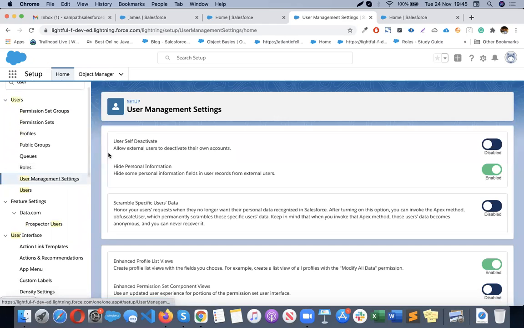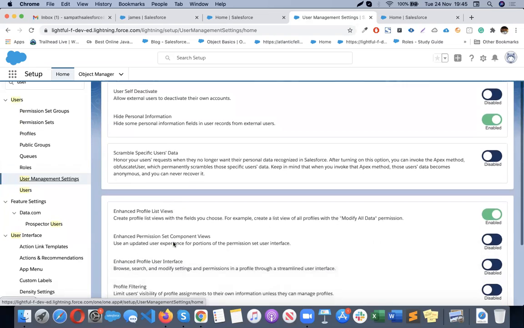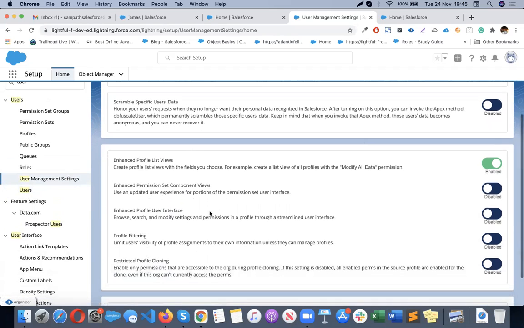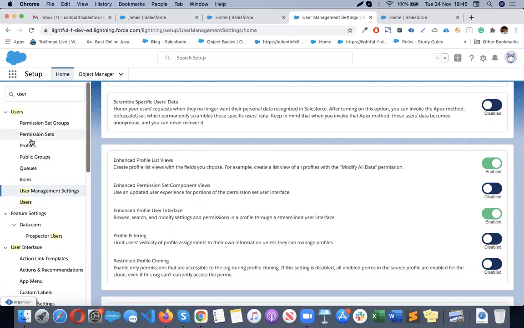Okay. User management settings. They moved it into the user management settings. So here we have one option. You will see here enhanced profile user interface. Previously, this checkbox was provided under the interface section. Now they moved it into the user management section. It's a recent change actually. So yeah. Now if I enable it and go and look at the profile,